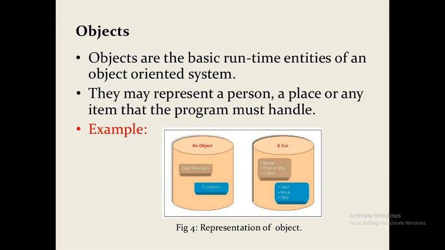Whenever an entity has certain attributes and some functions, we can term that entity an object. If I consider the example of a car, I can say a car is an object, because a car has attributes like model, year of manufacturing, and color. These are the attributes or data members of a car entity, whereas a car can perform operations like start, move, or stop. In that sense, we can say that a car is an object.